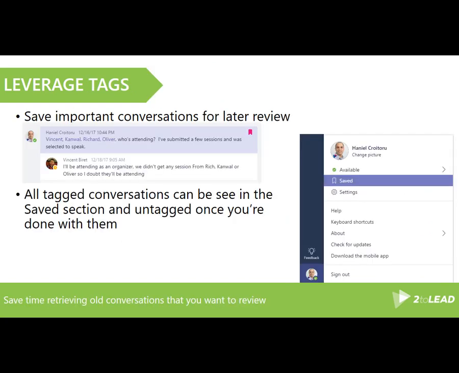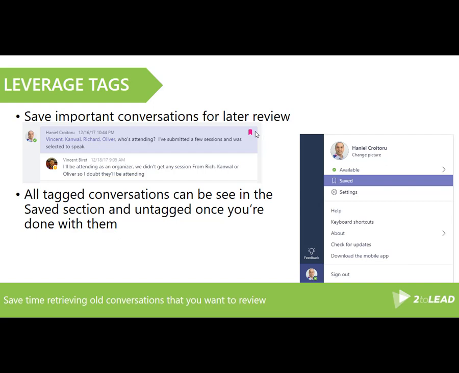Now with the activity feed, it's important to remember that once you read a message, it is marked essentially as read. So if you find that there is something of interest to you that you want to review again later on or are not able to review immediately, you should tag it. That is the little symbol right at the top right corner of every message.